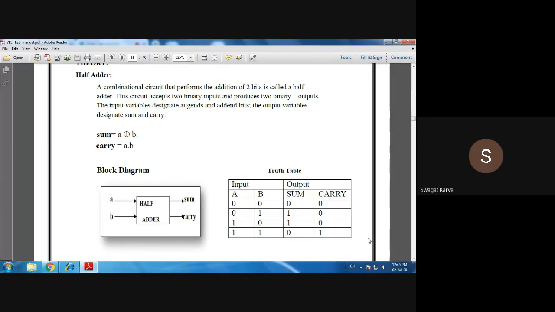Now we will start our discussion. This may be a repetition for you, but as a part of this unit I have to explain it.